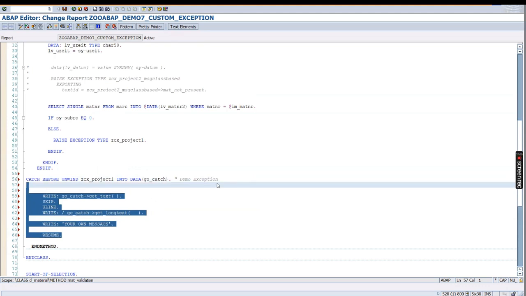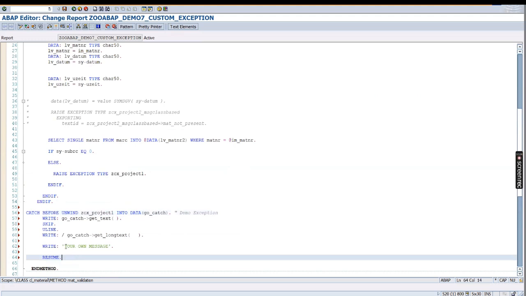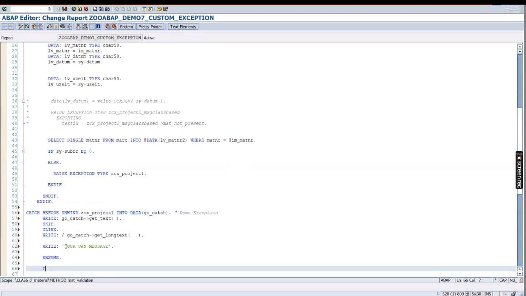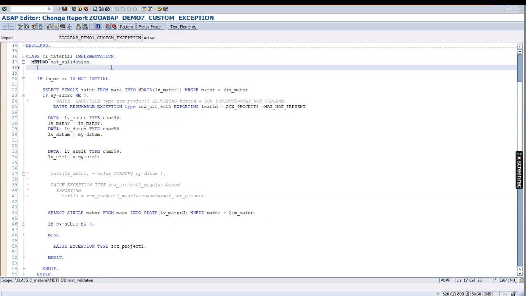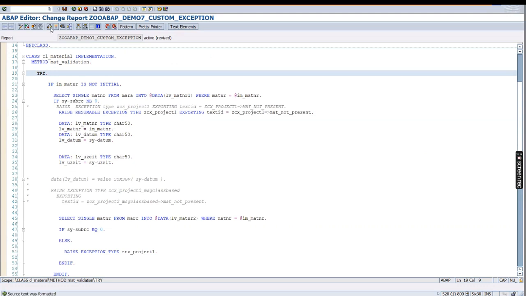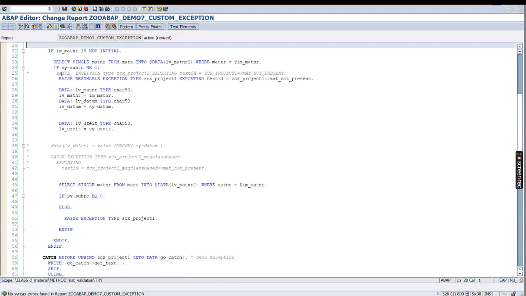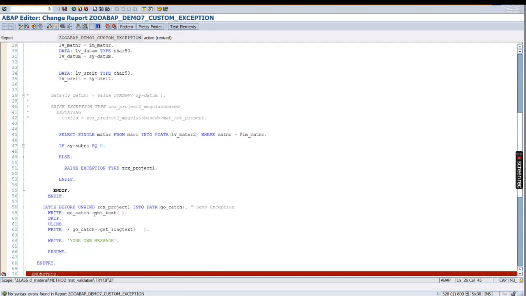Uncomment this one and put it inside the try and entry. Okay. So here we are trying raise resumable exception type, and here I want to catch before unwind and then